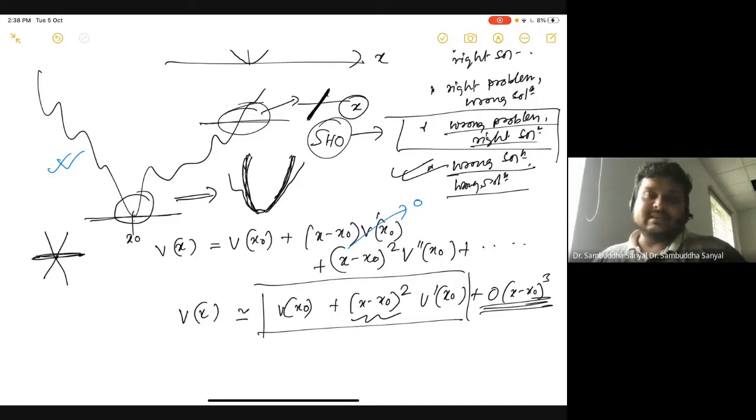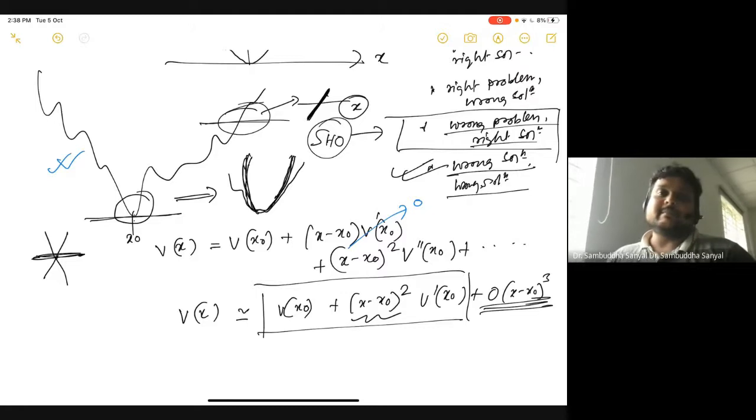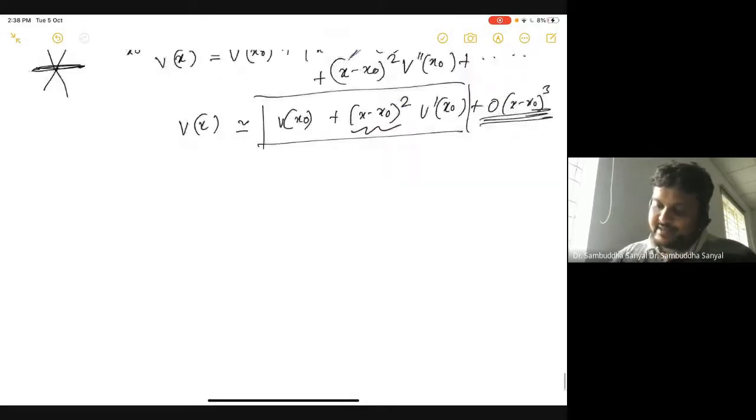Or alternatively, you can just think of it as a simple oscillator problem, some kind of mass-spring problem or a pendulum problem. It's the quantum mechanical version of that. So that is one way to think, but the problem is much more than just the potential. It is a much more generic problem.